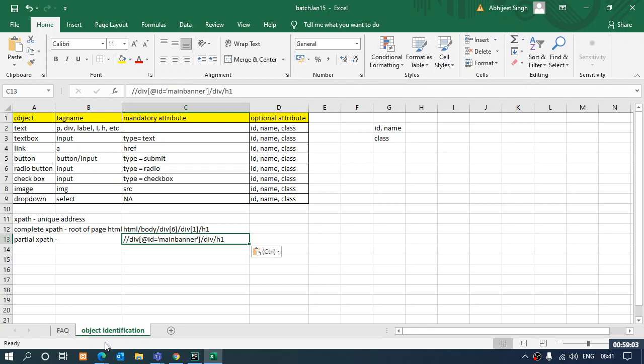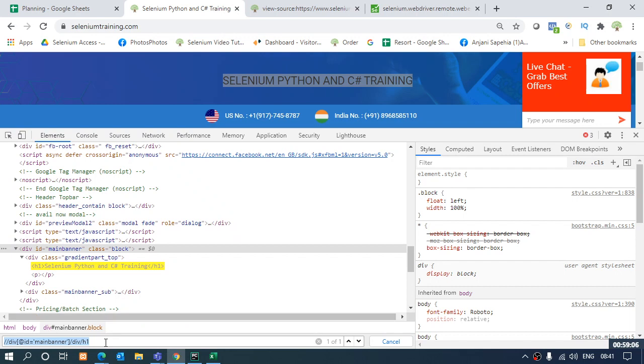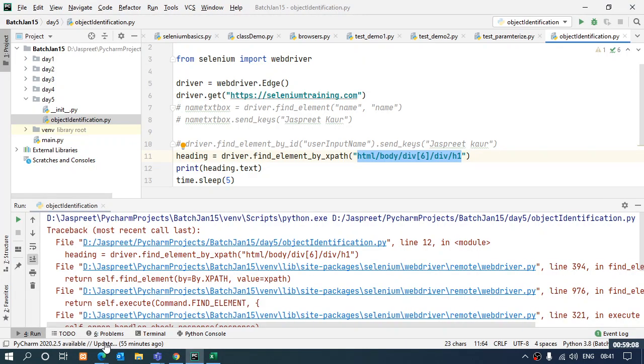Now let's just try this as well. I'll use the same XPath and put it over here.